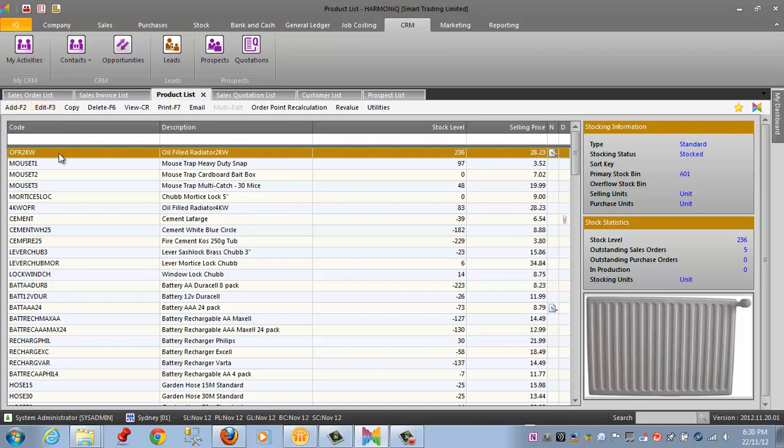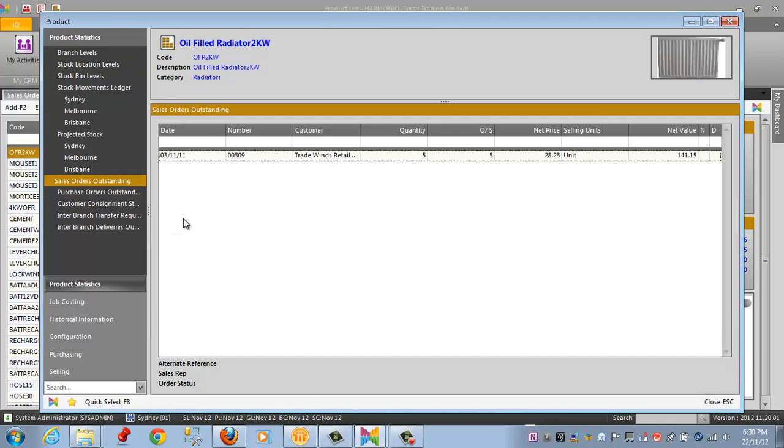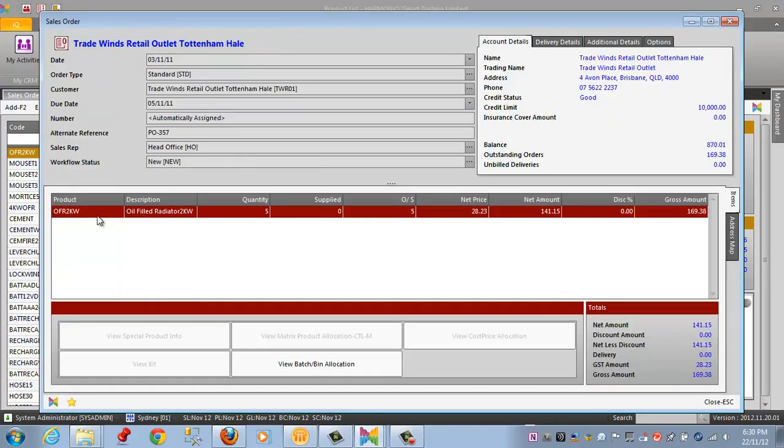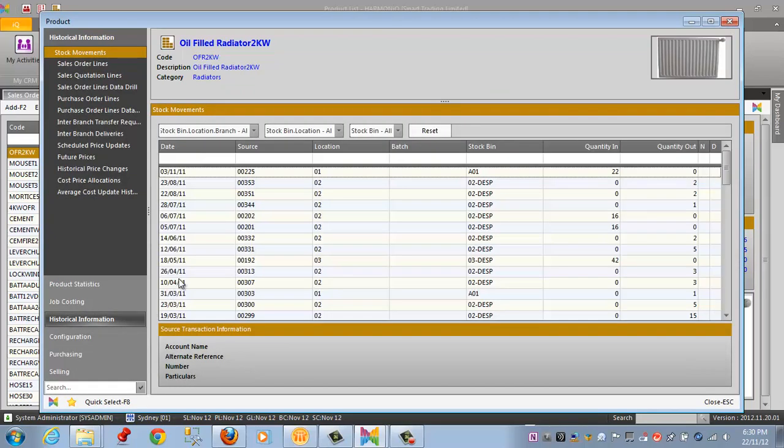So if we open up this product, we can see that it has its outstanding sales order attached to it. So I'll open this up. For product OFR 2KY, it's got a quantity of 5, so an outstanding sales order. If I check out historical information, you can also see there's a lot of historical information attached to this particular